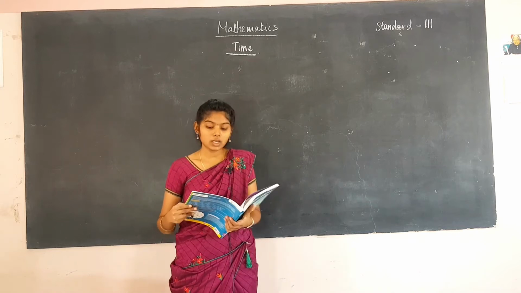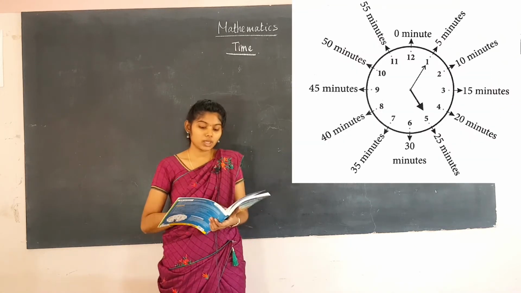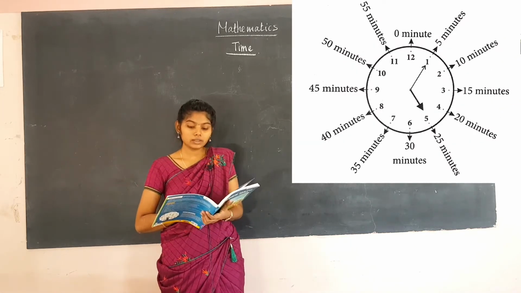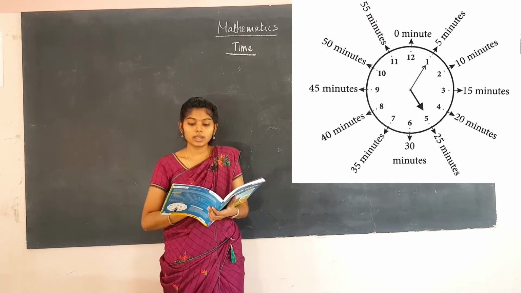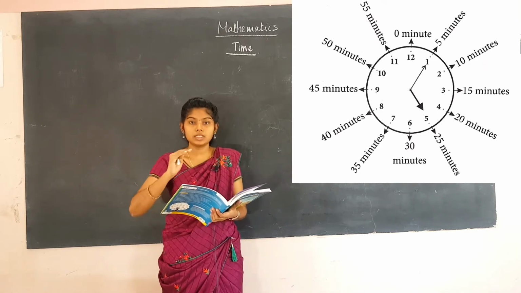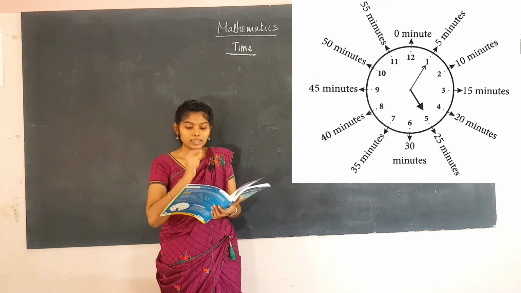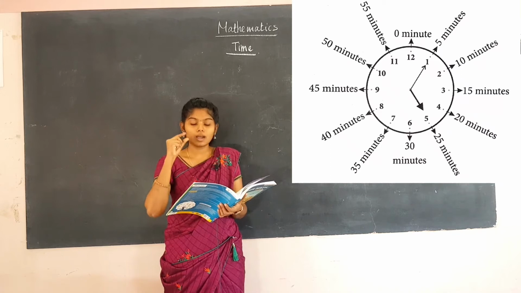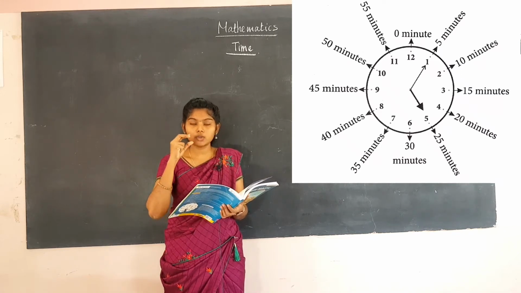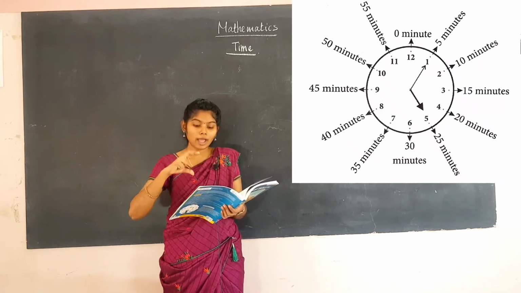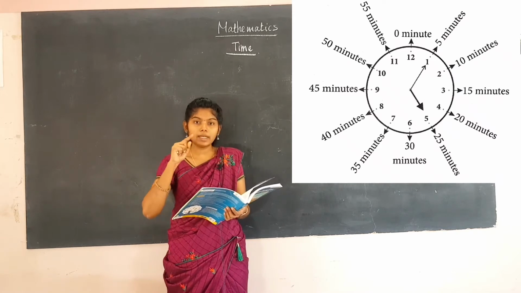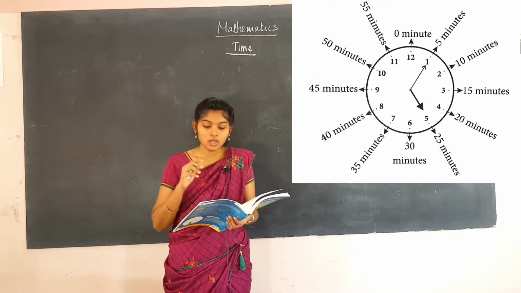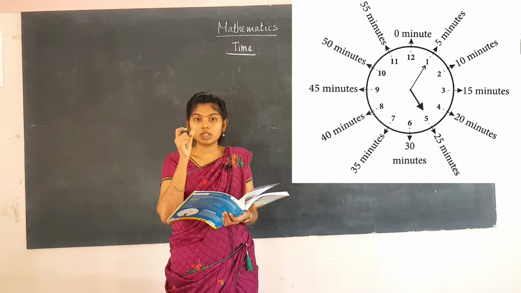Reading time to the nearest 5 minutes. So see the picture given here. Tarunjit's mother helps him read the time on the clock correctly. How she is teaching, see. So the 12 is given there, right. The 12 means it's 0 minutes. So the shortest hand will be there, right. The shortest hand shows the hour hand and the long hand shows the minute hand. So the minute hand, how you will say the minutes, right. So in the 12 it is there, which is 0 minutes.